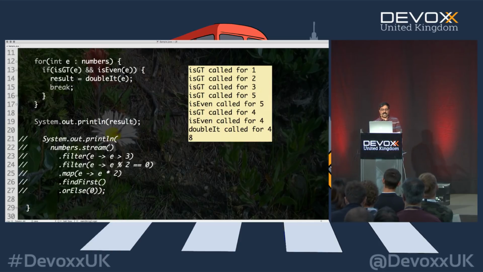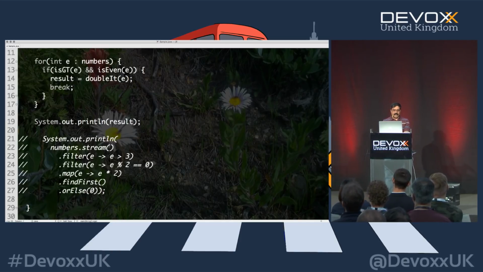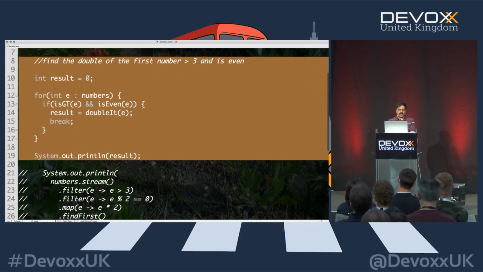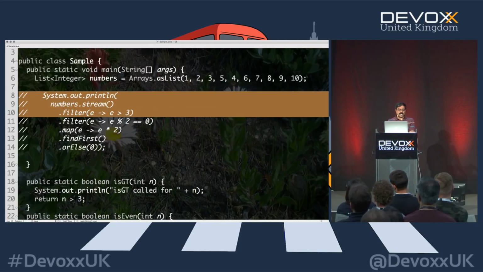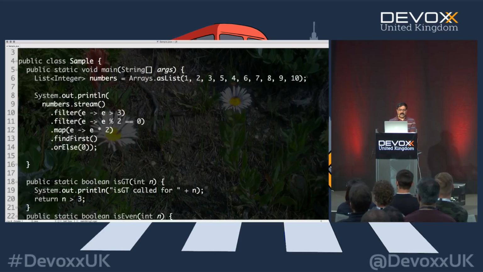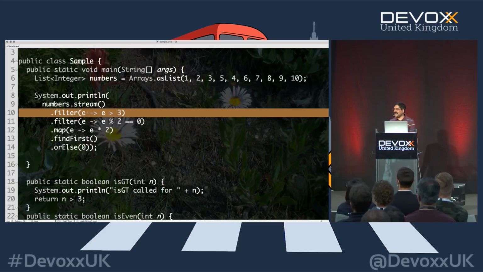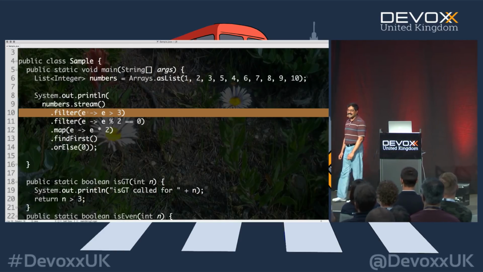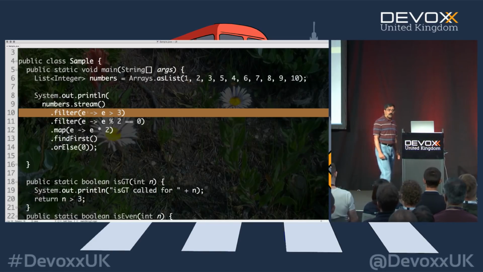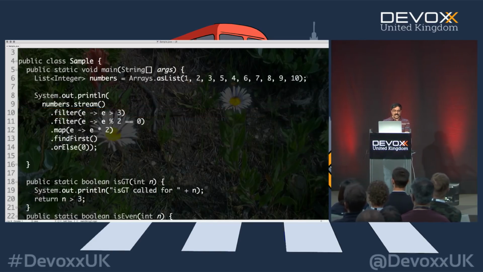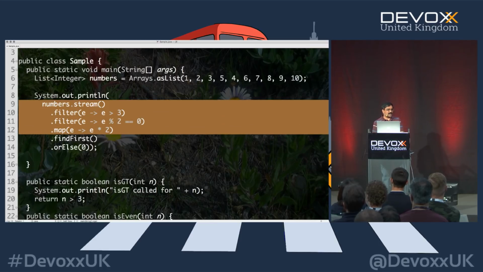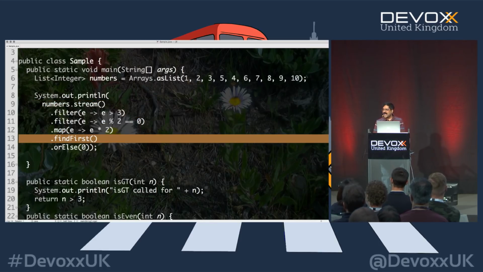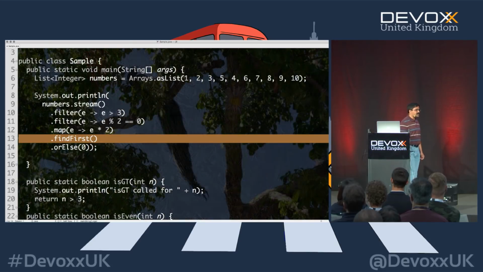Now the question is, what's going to happen to the functional style code? Make no mistake, not all languages are created the same. In a lot of different languages that provide the functional style of programming, this will result in a pretty inefficient code for a large collection. Those would go off and create one collection, then a second collection, a third collection, a fourth collection, and then only to discard everything and take the first value.